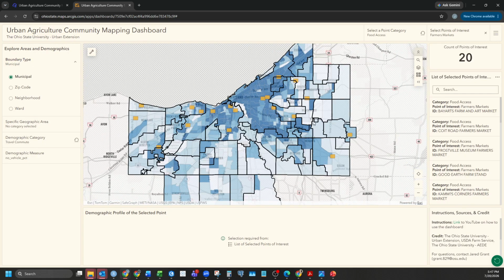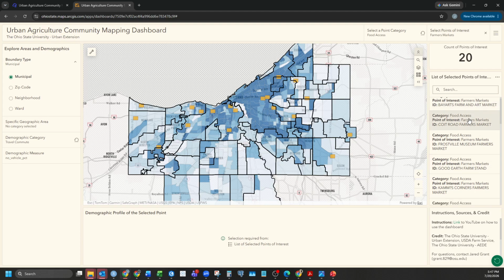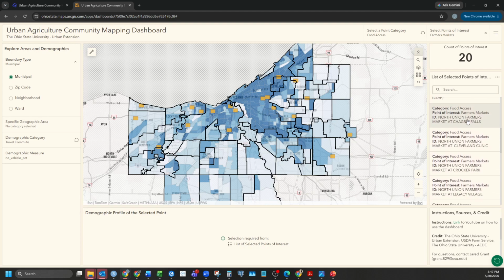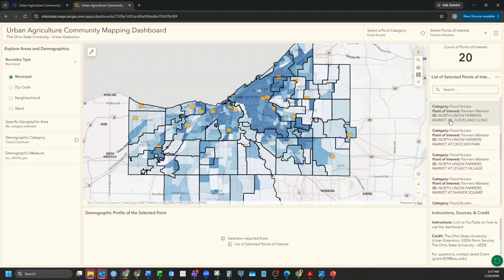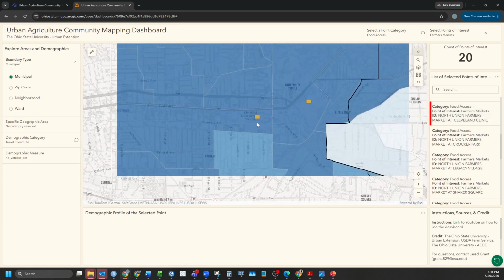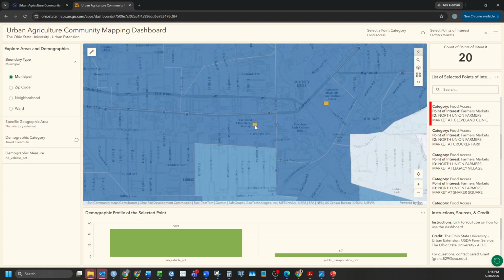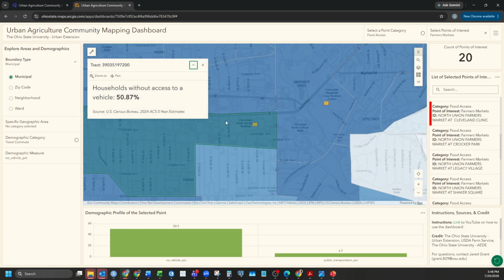And in fact, if you want to know more information about these farmers markets, you can actually see there's a list of all the farmers markets in these areas, along with some identifiers such as the name and maybe possibly the location of where they're at. So if I click this farmers market, you'll notice that it zooms in to this farmers market. I know the demographics of, because we select the travel commute, I can know, okay, 50% don't have a vehicle,